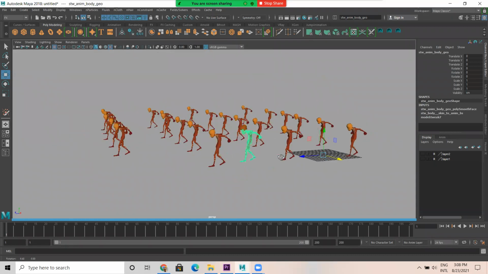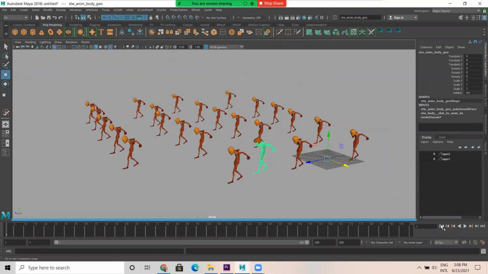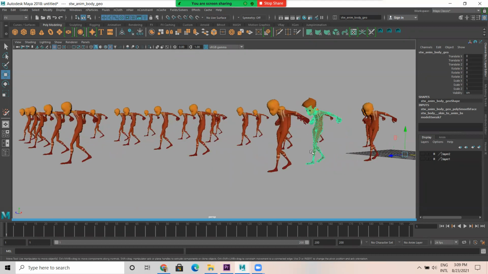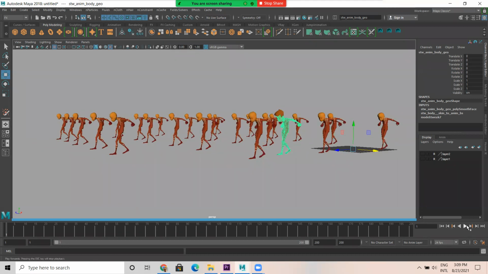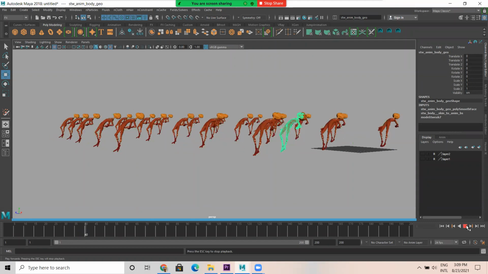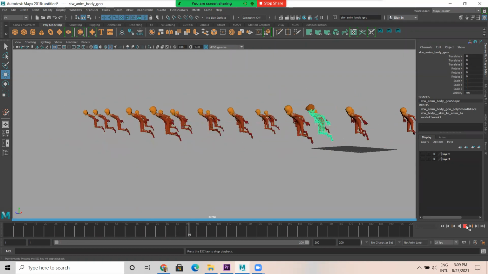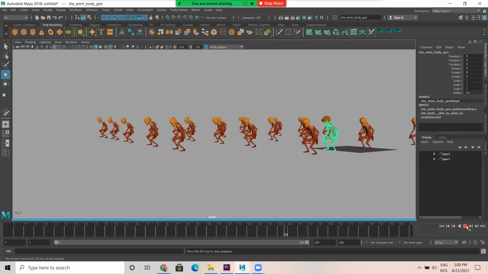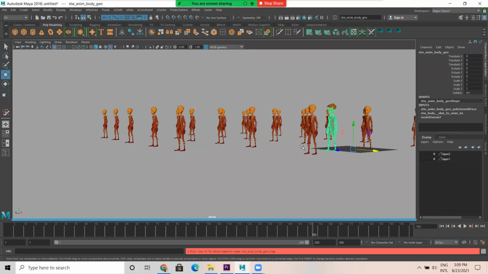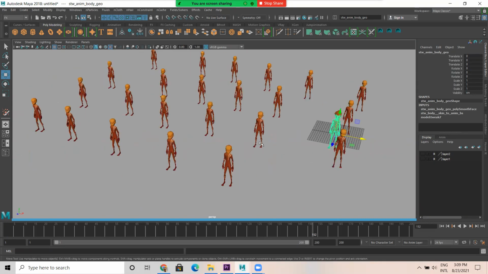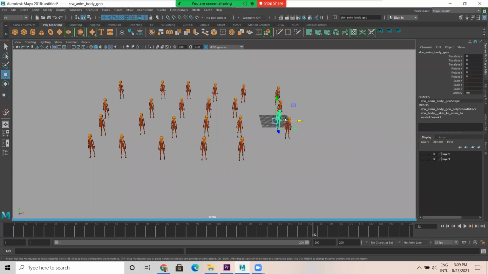So same thing I need to do for the hair part also. Now actually only one character is animating, but with the help of the instancer, we created multiple characters. This is what is called crowd simulation. Now when I play this, all the characters do the same action just because of this guy. And all these are gathering the data from this particular one.